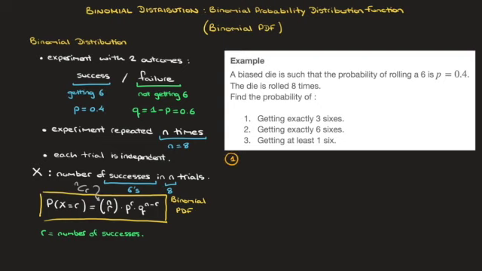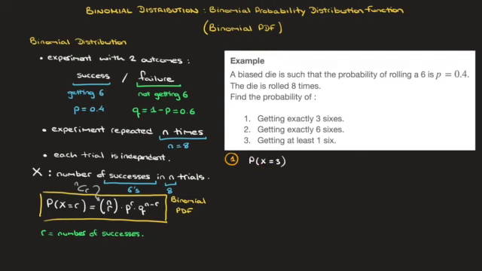We need to find the probability of getting exactly 3 6s. In other words, we need to find the probability that the number of successes equals 3. Remember, x was defined as the number of 6s we get in 8 trials. Now, copying the right-hand side of this formula with n equals 8, r equals 3, and replacing p and q by their respective values, 0.4 and 0.6,